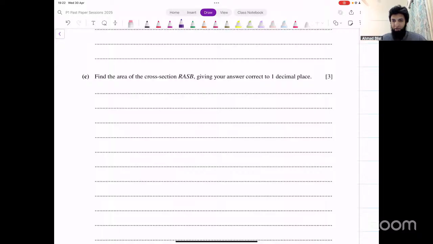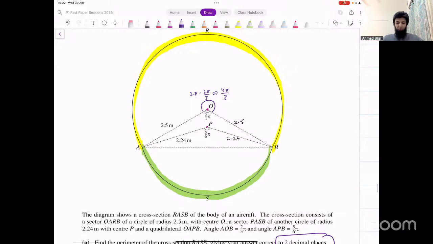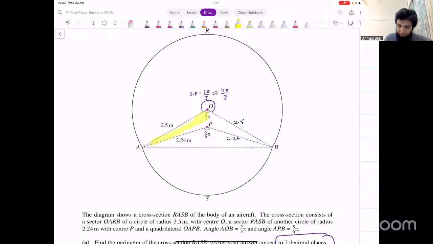How do you find that complete angle, complete area? What we have done now is we have figured out the area of this region in the previous part, when we found the difference of the areas of the two triangles. That's what they made us find in the previous part, this area,